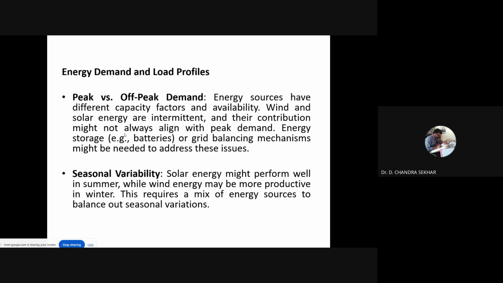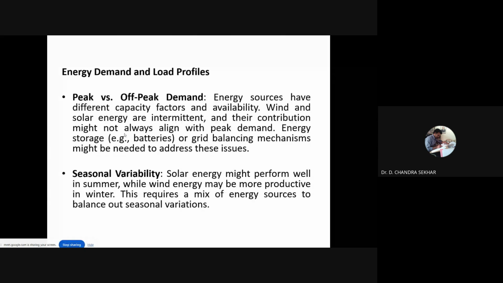This we generally call grid balancing mechanisms, which you need with renewable energy sources. The grid balancing mechanisms might be needed to supply the different hours of power, either peak demand or off-peak time,